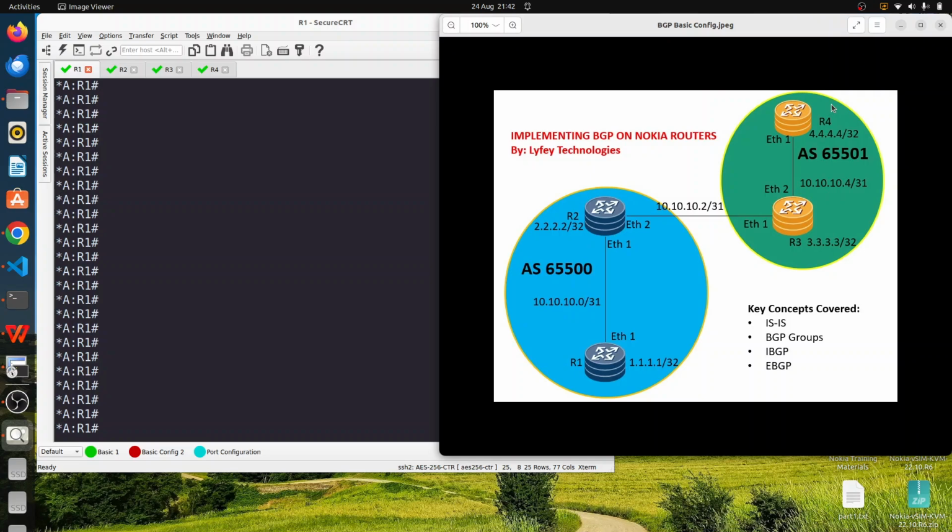You can see from this topology we have two autonomous systems. We have R1 and R2 in 65500, and we have R3 and R4 in 65501. So we did configure BGP peering sessions, both iBGP and eBGP. In 65500 we configured an iBGP peering session between R1 and R2, and in 65501 we also configured an iBGP peering session between R3 and R4, and then we configured an eBGP peering session between R2 and R3, which are